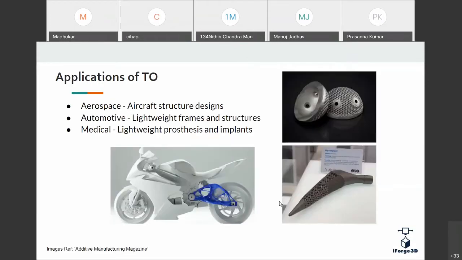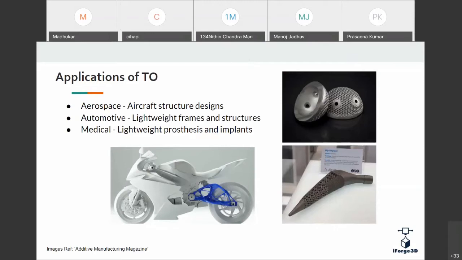So, as I said, many of you might be aware of these applications: aircraft structures, lightweight frames and structures, and medical processes and implants. Medical implants are one of the best applications of metal additive manufacturing technology.